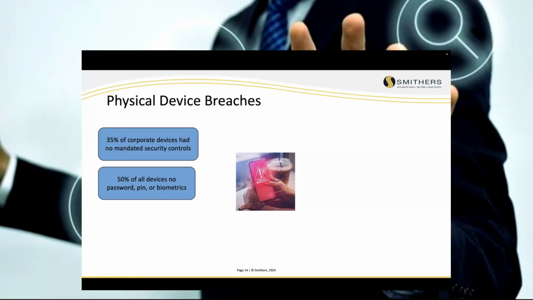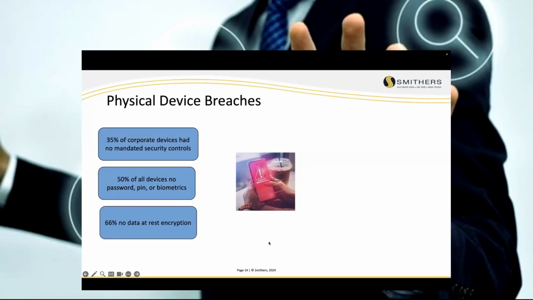Put a minimum PIN. You don't have to have a password, a PIN, or at a minimum, put the biometrics. At least something on your phone. The problem with biometrics, though, is that somebody can pick up your phone and put it in front of your face. That's a little hard to do. It used to be with your thumb. Or your phone is unlocked. That's not going to stop somebody from breaching your system.